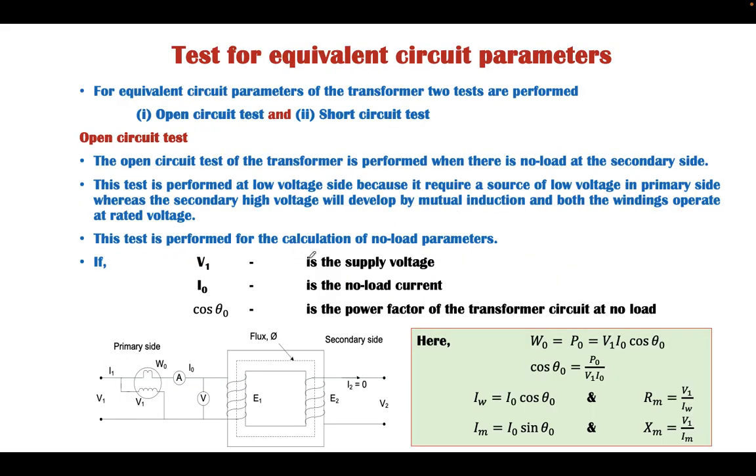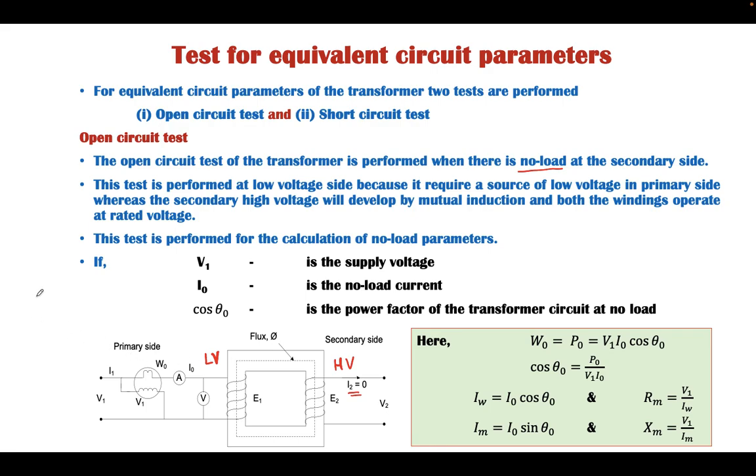Now, knowing the polarity of the transformer, we can perform the open circuit and short circuit test. The open circuit test of a transformer is performed when there is no load on the secondary side. This is the secondary side of the transformer, this is the primary side. Let's consider this an equivalent circuit for the open circuit test, when the secondary is open circuited and hence I2 is 0. Voltage V1 is applied on the primary side, and the primary in this case is the low voltage side, whereas the high voltage side is open circuit.